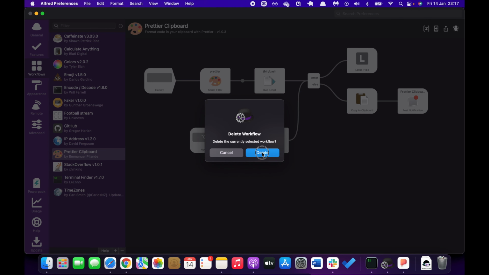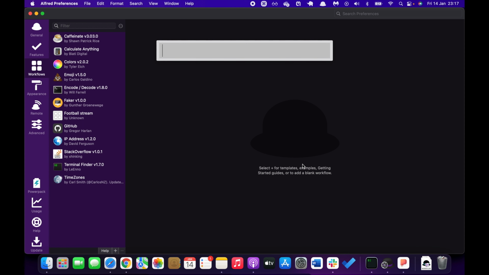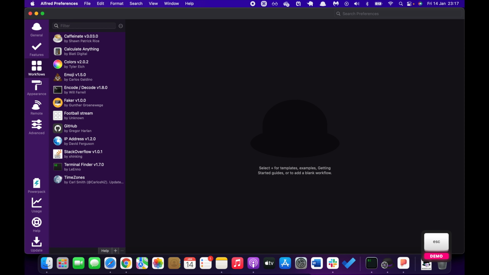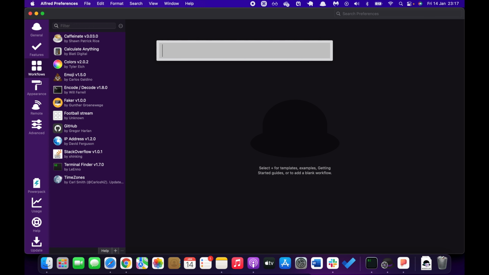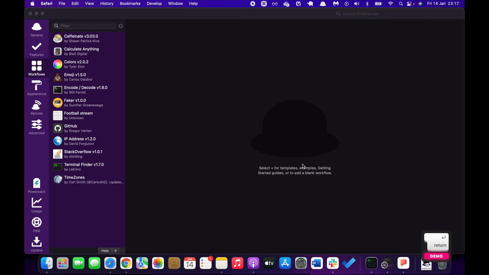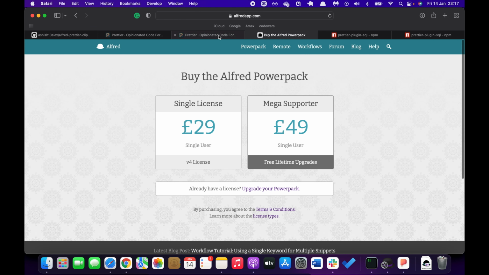So if I delete this, it's gone. So I can't use the plugin anymore. It won't work for formatting. You have to trust me on that. So let's go back to Safari. The first thing you have to do is